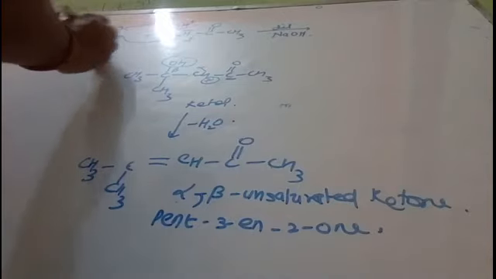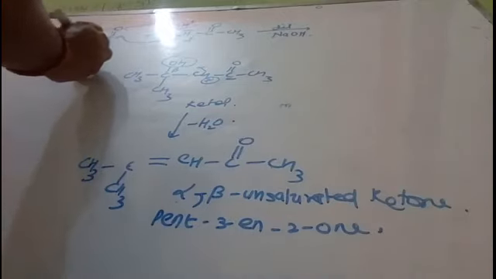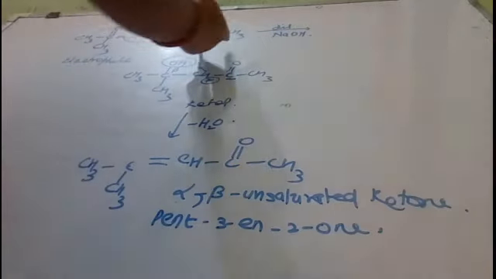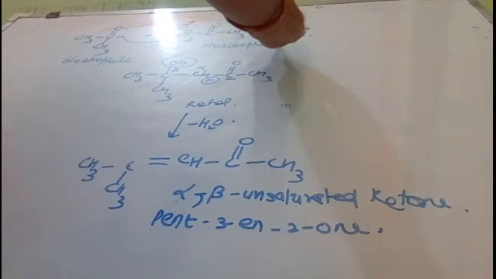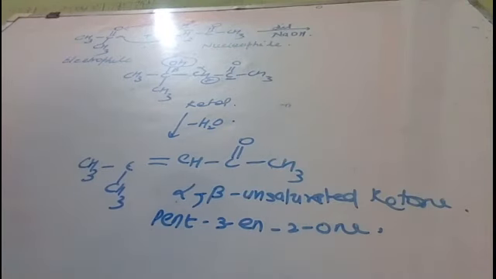Here this molecule is acting as an electrophile and the other one is acting as a nucleophile. Understood? So this is aldol condensation. The condensation when there is alpha hydrogen between the two molecules of aldehyde or between the two molecules of ketone to first give beta hydroxy aldehyde or beta hydroxy ketone, and then on losing water it forms alpha beta unsaturated aldehyde or ketone, and this reaction is known as aldol condensation.